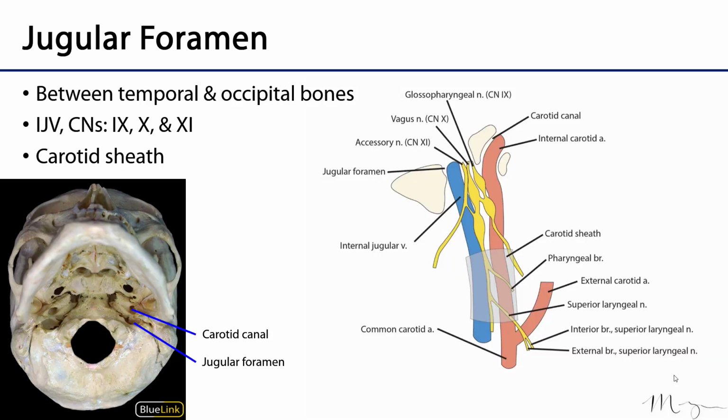So let's start where their stories begin, at least as far as we're concerned. The glossopharyngeal and vagus nerves are going to exit the brainstem, and then they're going to exit through the skull, through the jugular foramen. The jugular foramen is named that because that is the origin for the internal jugular vein, and this space is going to conduct cranial nerves 9, 10, and 11, the accessory nerve, out of the skull and inferior to the